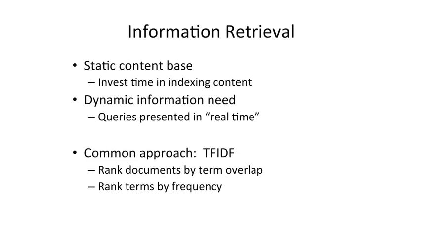There's lots of approaches to this. We're going to learn one of them that we use in our content filtering later in this course. It's called TF-IDF, which ranks the documents that we might be looking at, the books, the articles, the web pages, by how much they're about what we're looking for, but at the same time ranks the terms by how good they are at discriminating among the different documents or alternatives.